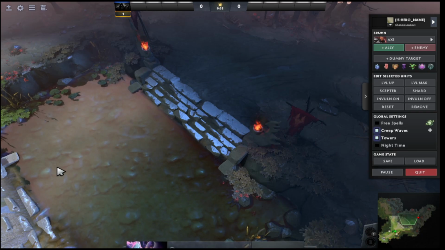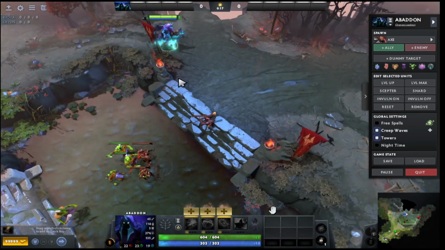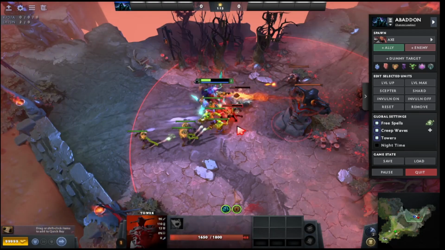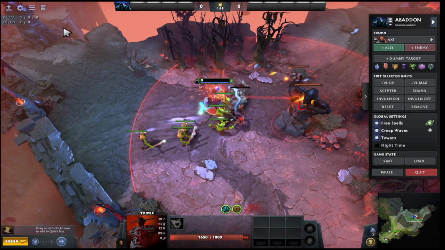This will now load a demo map with this hero where you will be able to test out this hero's abilities on some enemies. You can try out and test the abilities and then decide if you would like to purchase this hero. Once you are done with the demo and prefer to end it, you can tap on the